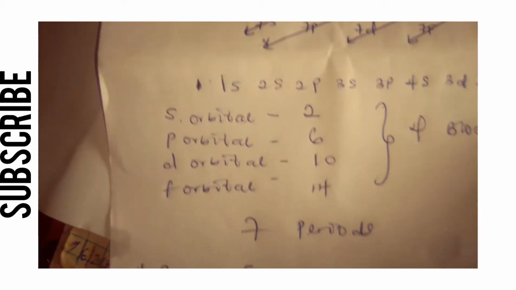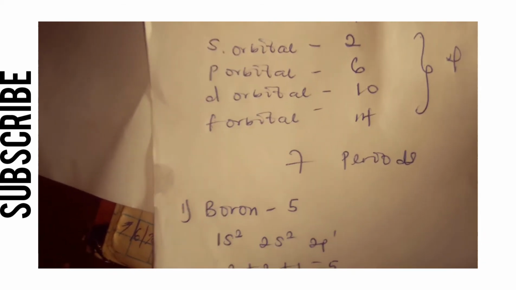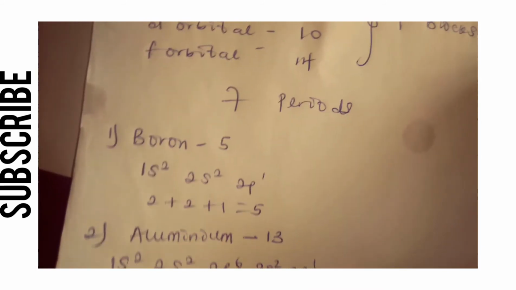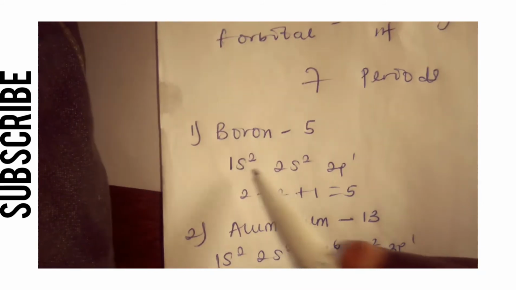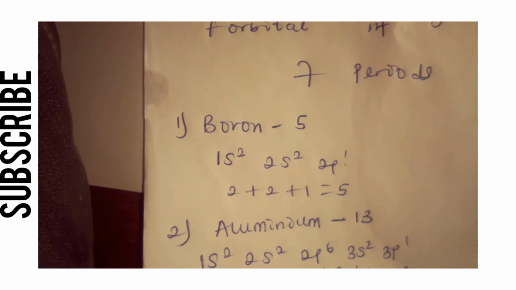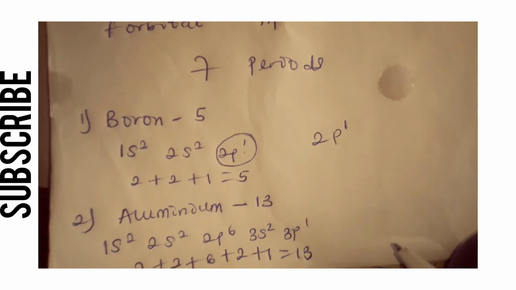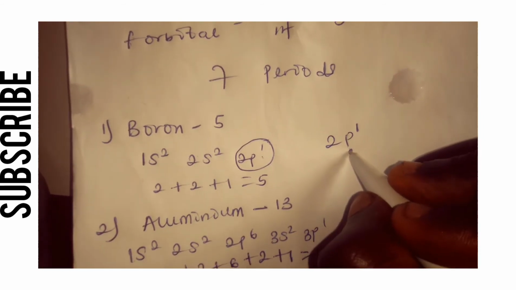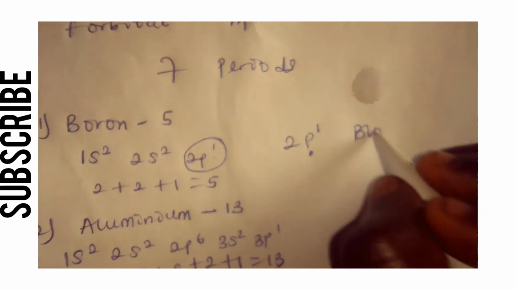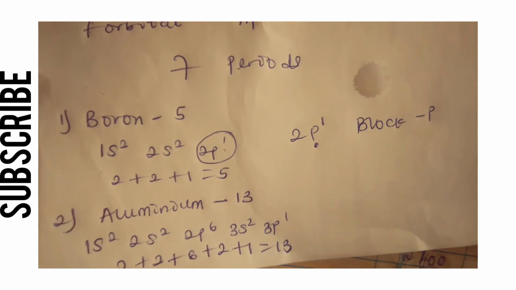So, we have 3 examples here: boron, aluminium, and silicon. Let's determine the blocks boron and aluminium belong to in the periodic table. Now, boron, 1s2, 2s2, and 2p1. The last orbital here is 2p1. The letter here is p. Therefore, boron belongs to block p in the periodic table. Aluminium,